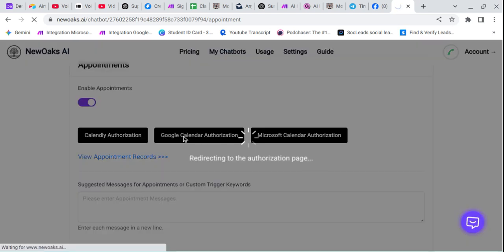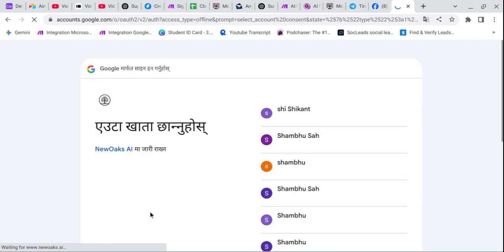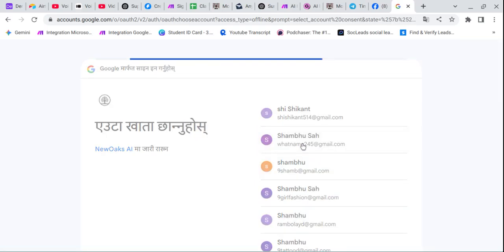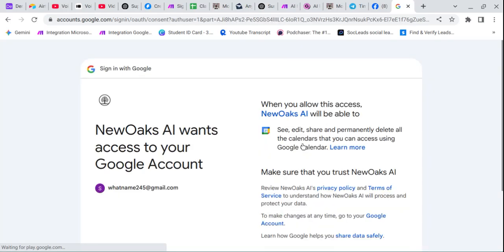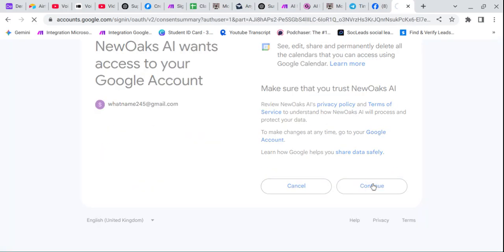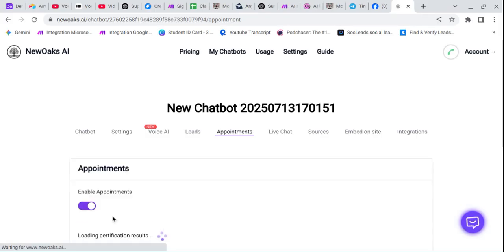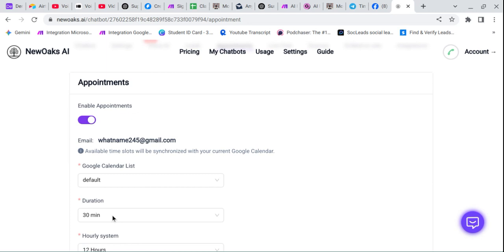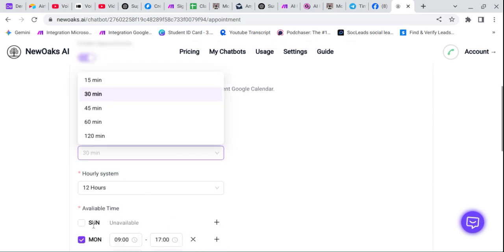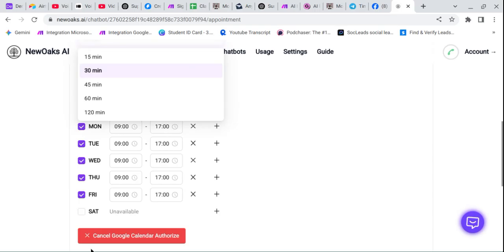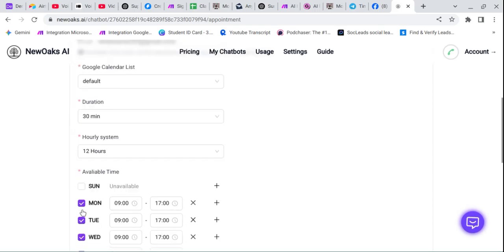and I authorize it. So what is the suggested message that triggers it to book an appointment for me? Anybody who says something like book, schedule a call, book an appointment, anything like that, it can trigger the chatbot so it can book an appointment. So we need to add a keyword for this, so this is required. Let's click on enable appointment and the duration will be 30 minutes. Hourly system, Sunday is enabled, Saturday is enabled. Okay, if I want to enable, let's click on enable